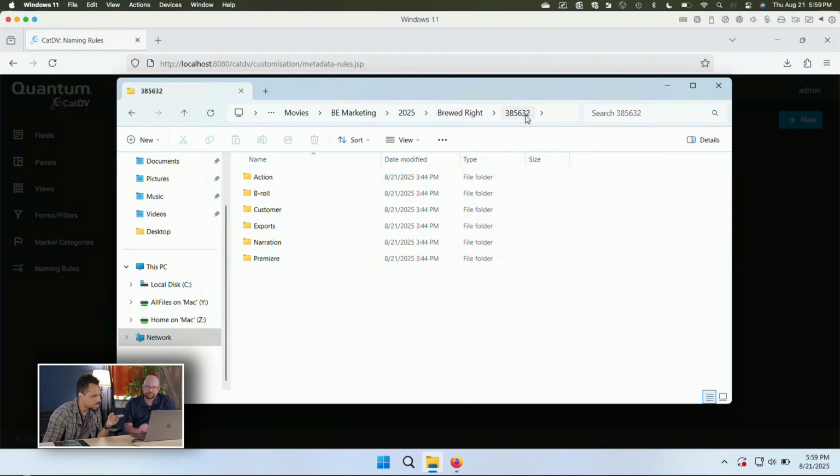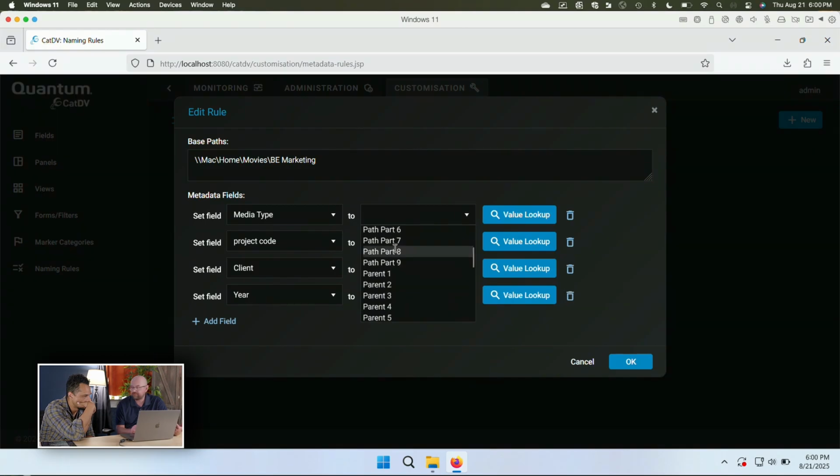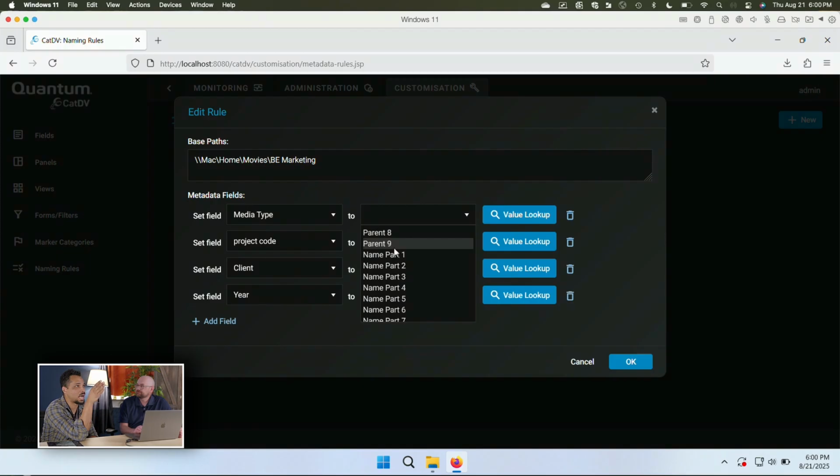So is it going to say that the naming convention goes up to a certain level down through the file path? Yeah, how deep you want to go. So your options are using the path name, the full path name, up to 9 parts of that. Okay. So that's like starting at the top. You can use the parent folder structure, so starting with the file and then working up. And it's going to say the name of it. So it would say like video, something. Well, we made that tag here for project code.